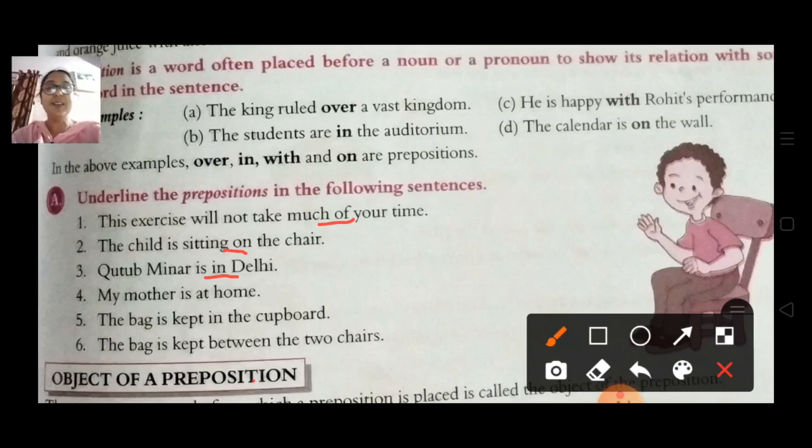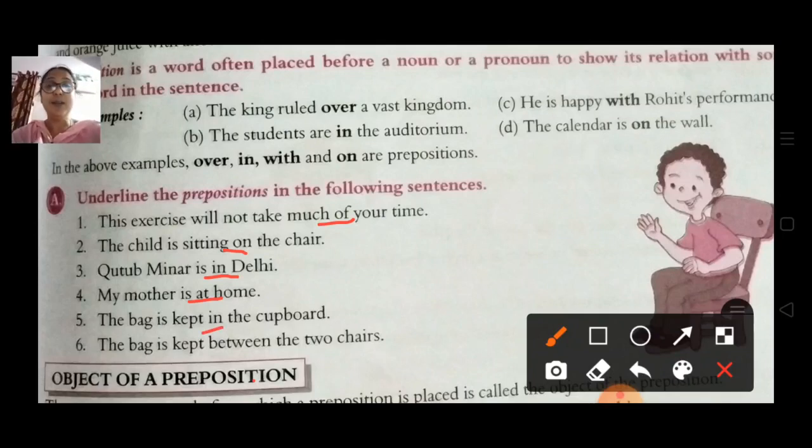My mother is at home. Now here, at is a preposition. Now next, the bag is kept in the cupboard. Where is the bag kept? The bag is kept in the cupboard. So here, in